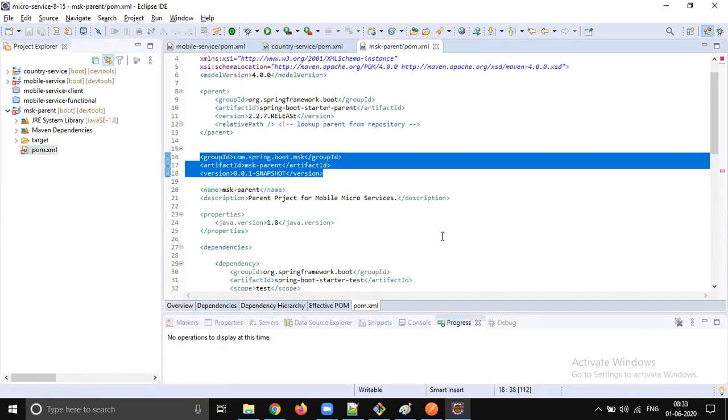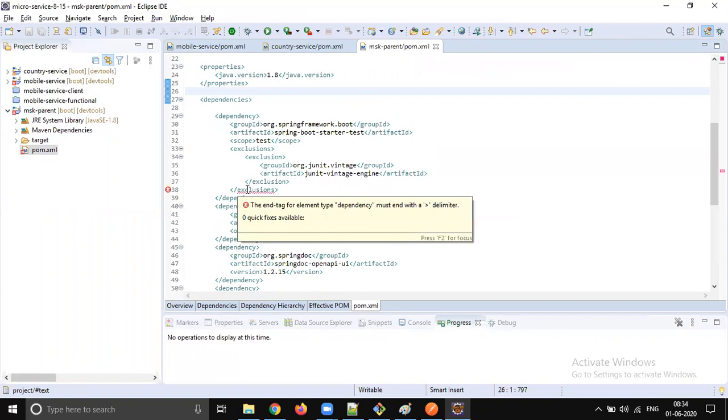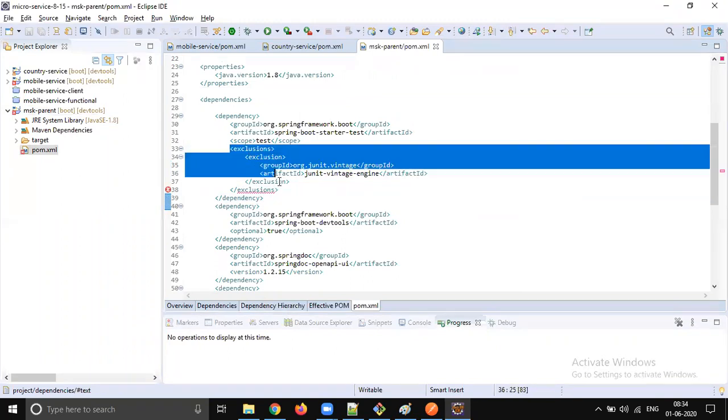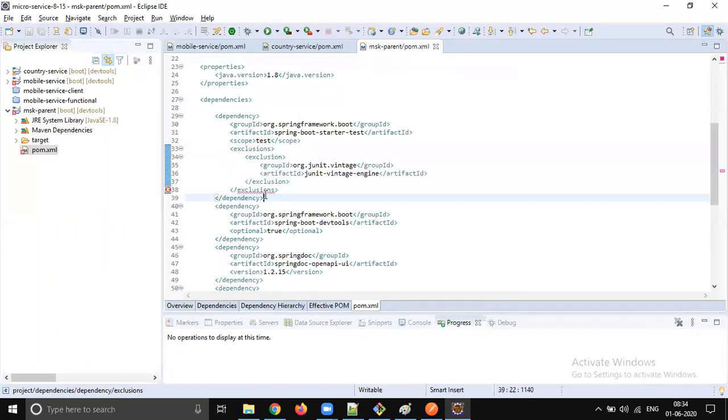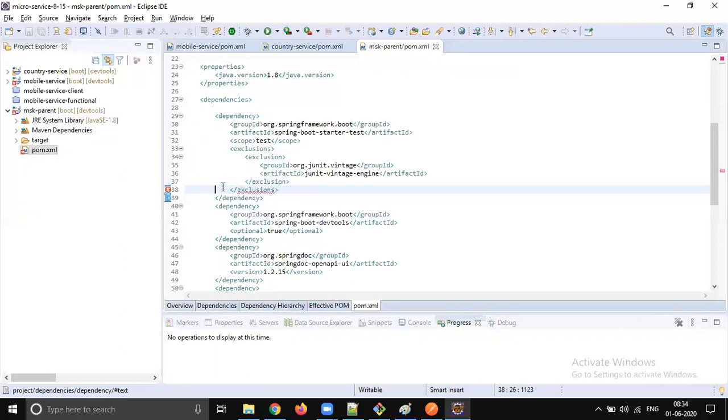Why is there still an error? Okay, some problem with the exclusions. The end tag for dependency must end with a delete. What is the problem? I think there is some copy-paste problem, I believe. Some extra special character would have come into it.